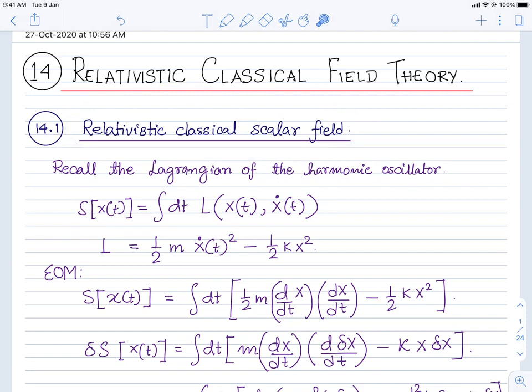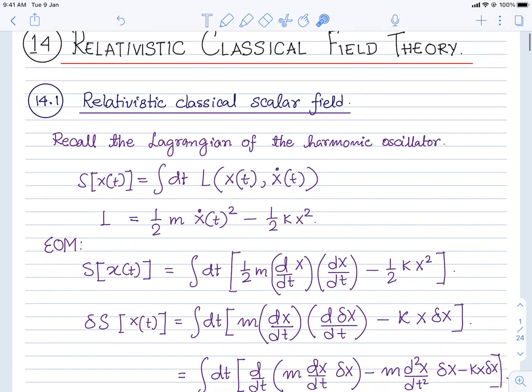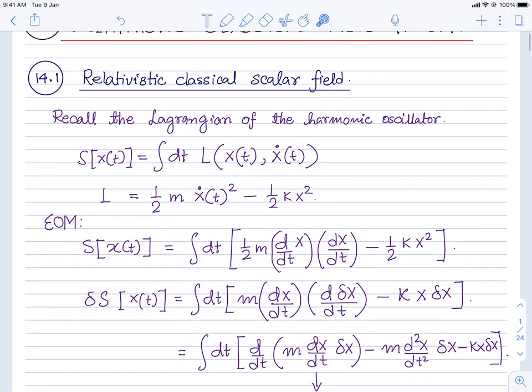That is what I'm going to start the discussion with, because it's just a simpler example of a classical field theory. And so after that, I will go into the discussion of electrodynamics. Okay. But again, even before going into field theory, let us recall the Lagrangian formulation of a simple harmonic oscillator. Okay, so as you know, the Lagrangian formulation is based on the idea of extremization